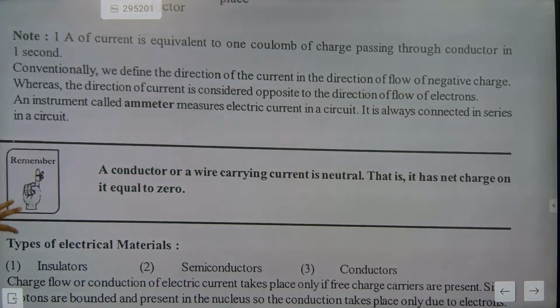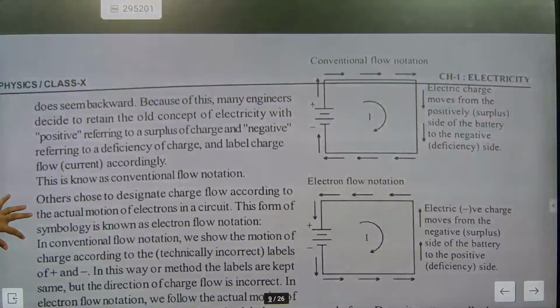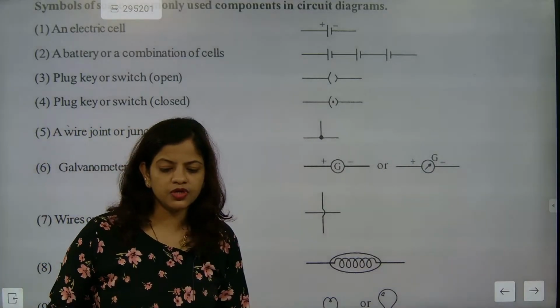Okay, so we have studied till here: insulator, semiconductor, conductor. Now also the flow of current, direction of motion of current, we studied. Now we are going to go to the